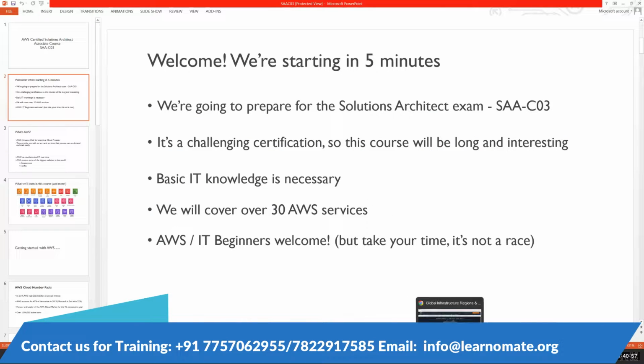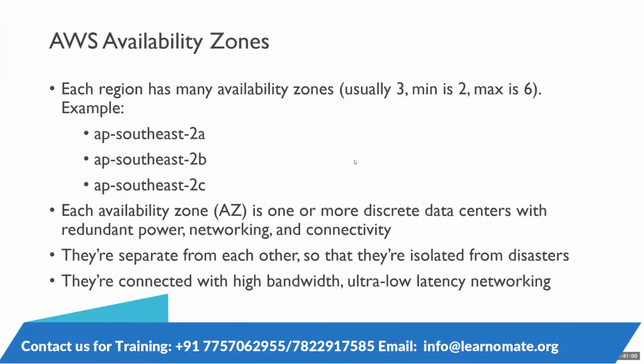What is the maximum distance availability zones can have within a region? I said the maximum is 6, for example the US East 1 region, North Virginia. We can have a maximum of 6 availability zones. But what is the distance? If we have a longer distance, then the latency may also differ. That's what I'm saying: it will not be so long that latency is affected. It will be like 100 kilometers, or within 150 to 200 kilometers.